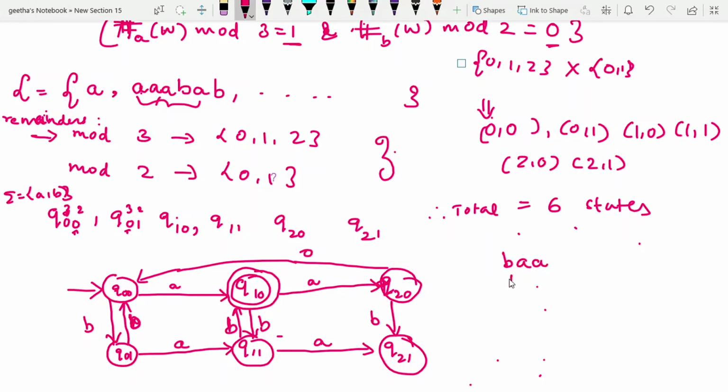BAA. So number of B's here is 1, number of A's here is 2. Okay. Now 2 % 3, what will you get? 2. 1 % 2, what will you get? 1. So the state would be, upon reading character A from Q21,